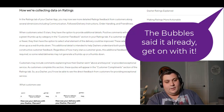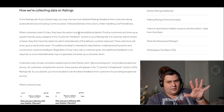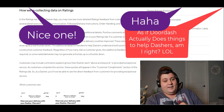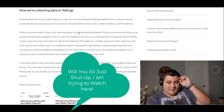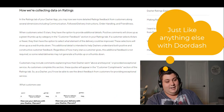And while I was doing that, I was looking into the DoorDash website. Like, what can we pull from the website, what they tell you, as opposed to what it actually is. And honestly, I read this and I just started laughing because some of these things are just ridiculous. But